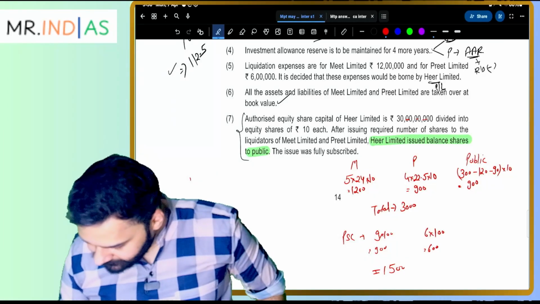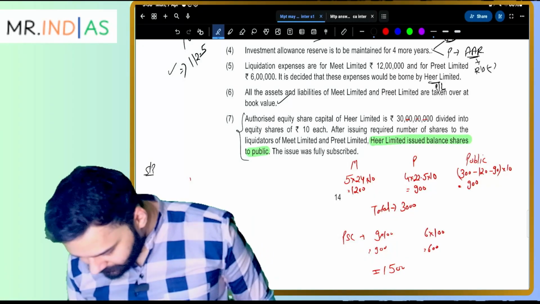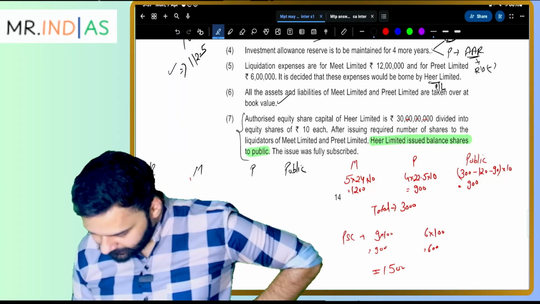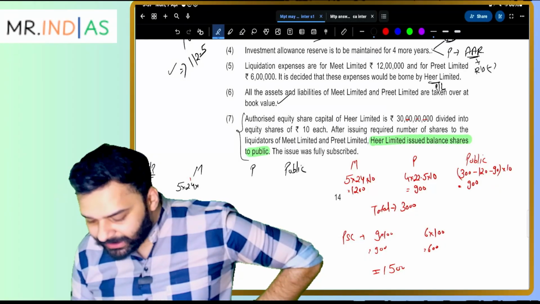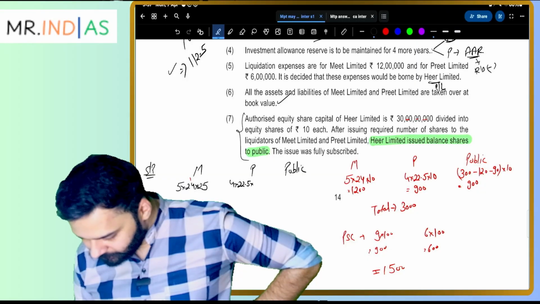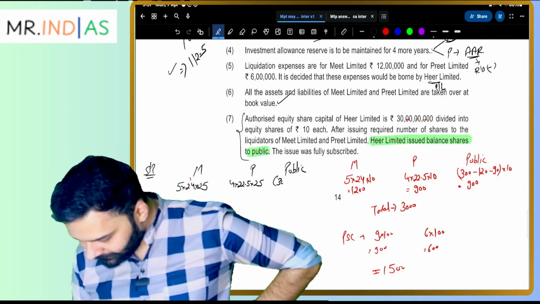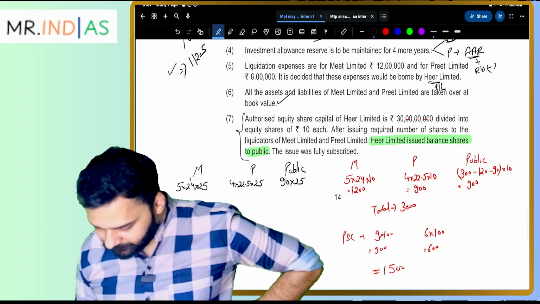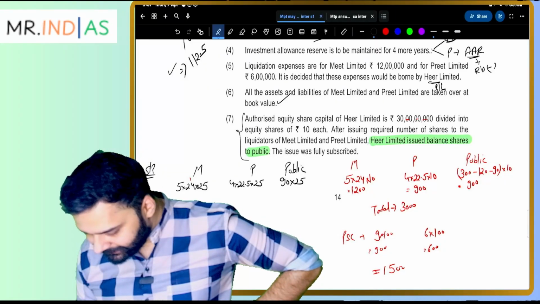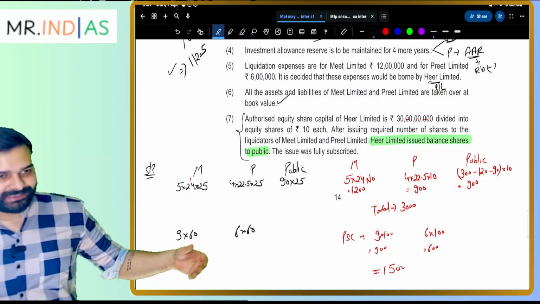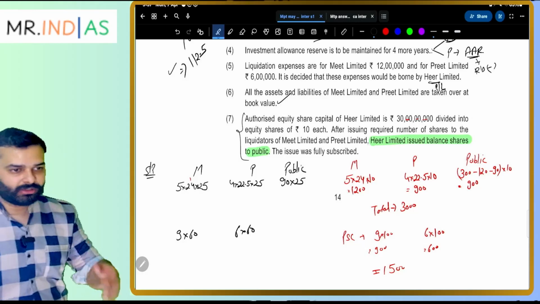Securities premium. Let's calculate the securities premium as well. If someone has a doubt on securities premium on Meet, Preet, and public. So 5 into 24. Shares are 35 each. Now 25. 4 into 22.5 into 25 and 300, or let's say 90 into 25. This is the securities premium, and for preference share capital, securities premium will be 90 into 60 and 6 into 60. Your securities premium amount will get tallied accordingly. There would be no problem at all.